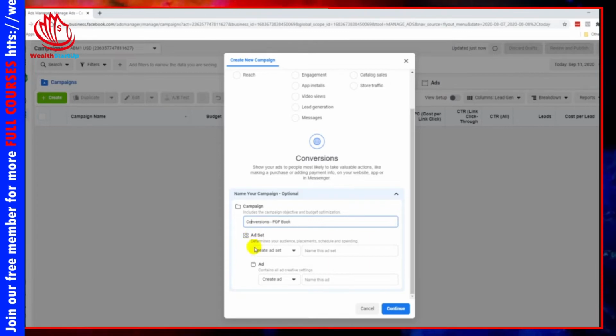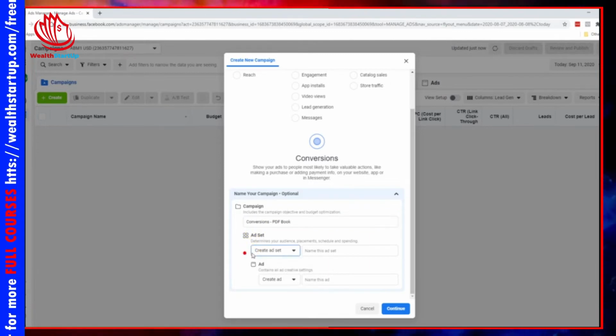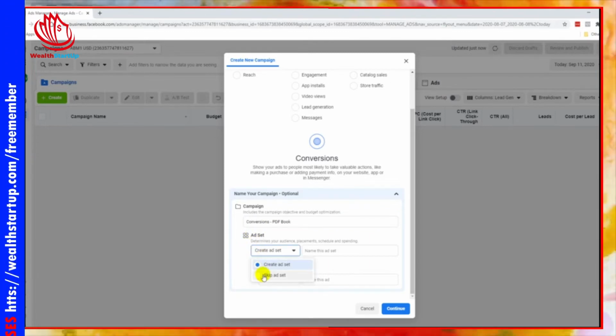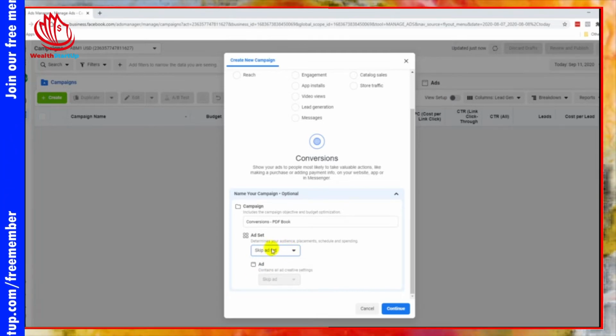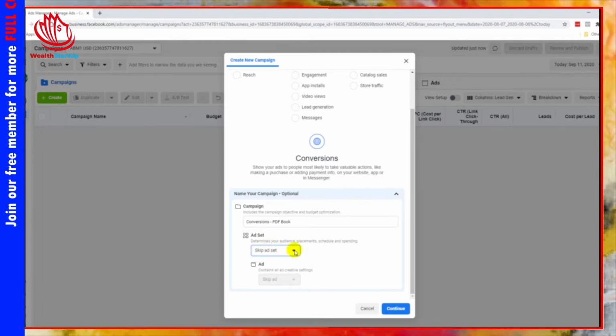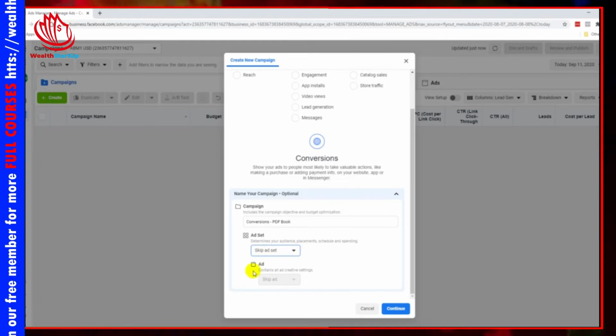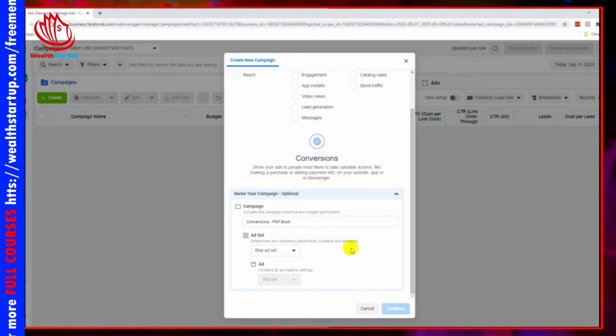The next thing we're going to do is ad set and ad. Now, this is a bit too early to set up right now. I'm just going to click on skip ad set, because this is quite a setup in its own. You have to be thorough about it. There's no point giving it a name right now. Let's skip this part. Click on continue,